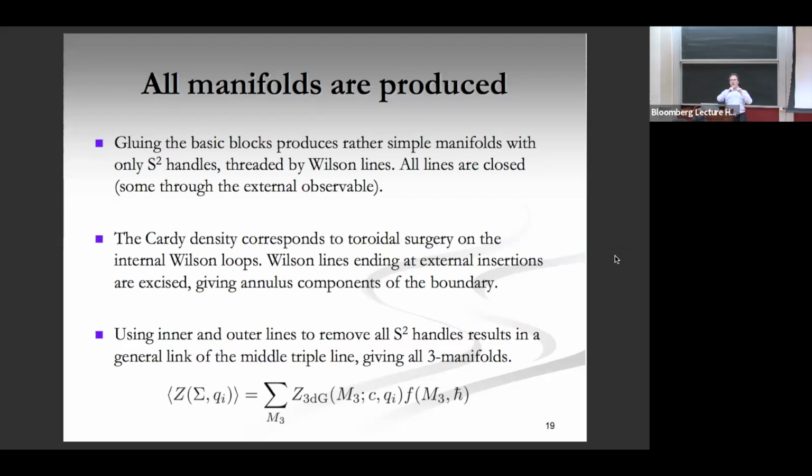But now the annuli that glue together those spheres can be going through the rest of the 3-manifold in very general ways. It can be knotted and linked. So in that way, you get very complicated 3-manifolds. And in fact, it's really easy to see that, let's say, at least in the case with no boundaries, you generate all the compact 3-manifolds.